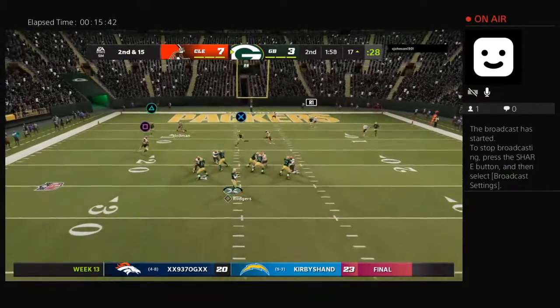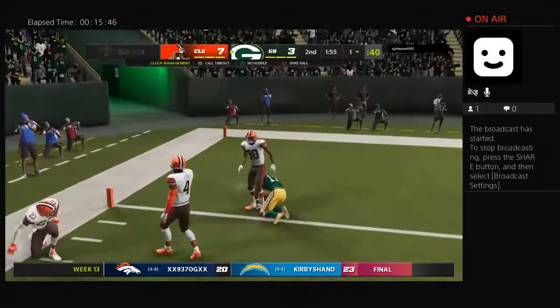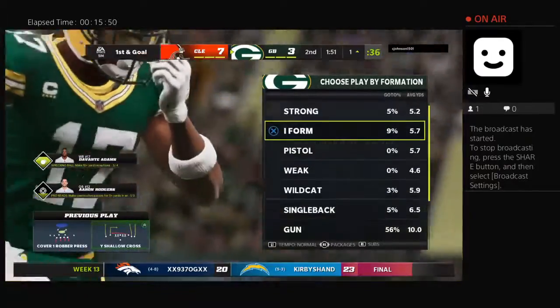On 2nd and 15 now. Rodgers. He hits Adams complete. And the Packers are going to have 1st and goal as they try to finish off this drive with 6